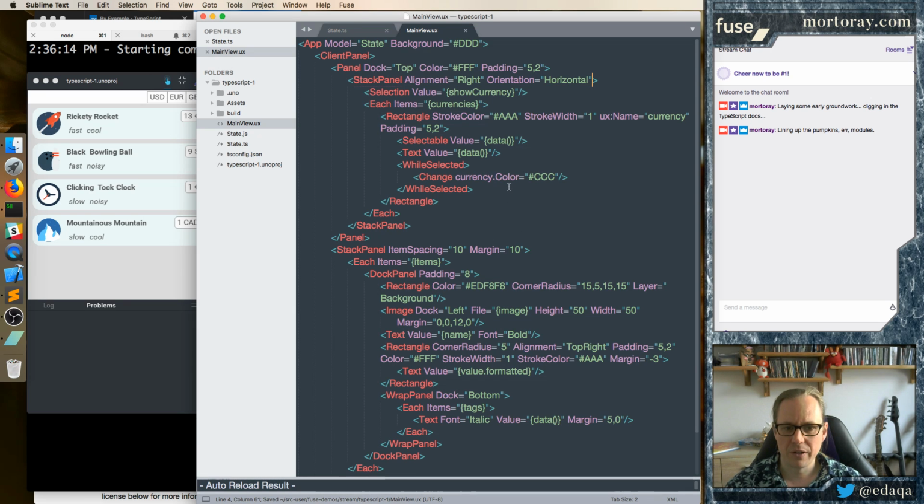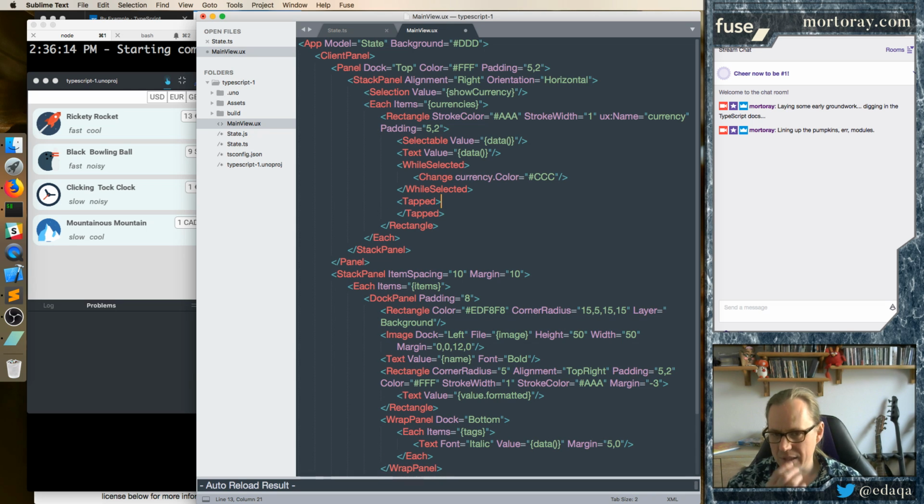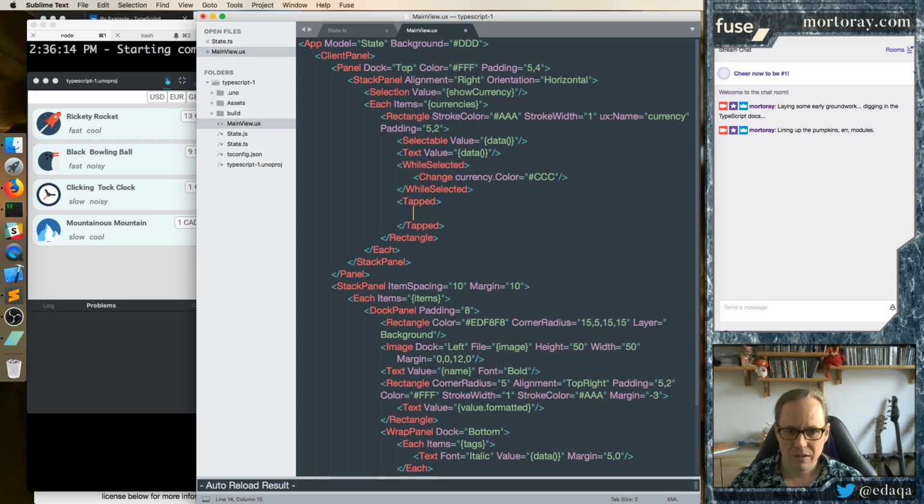Alright, so we have the fee there, and we have to actually do what happens when it's tapped. And I'm using tap this time as opposed to click, because it's not really something you want to click. It's more of a tapping thing. And this actually should have more of a padding, I guess, at the top and bottom. Looks a bit weird. Tapped, toggle selection, that should be good enough. And selection,